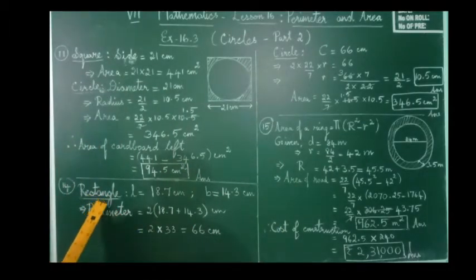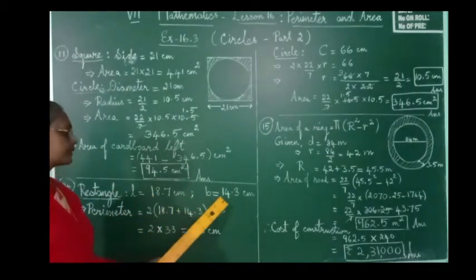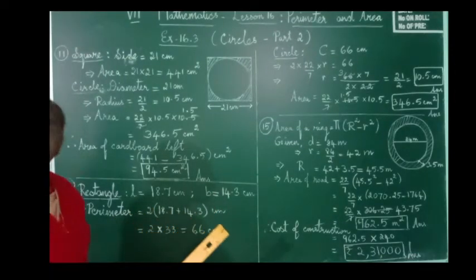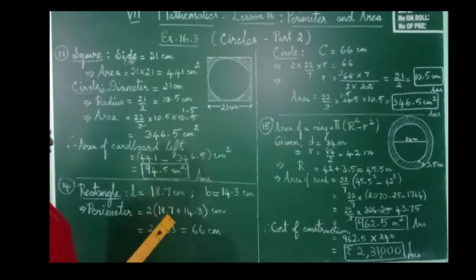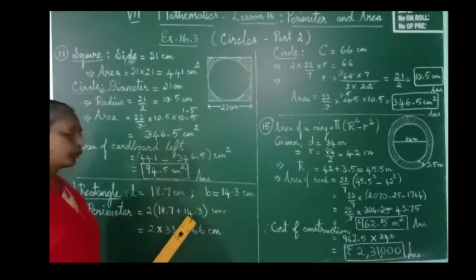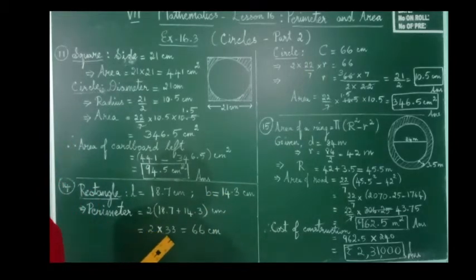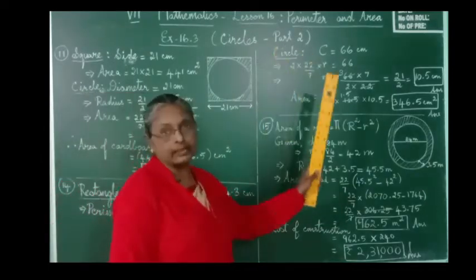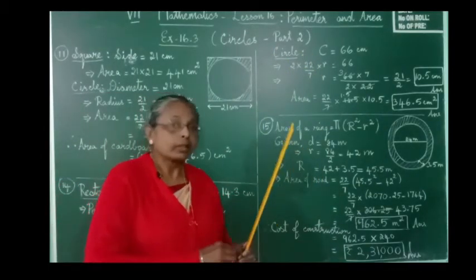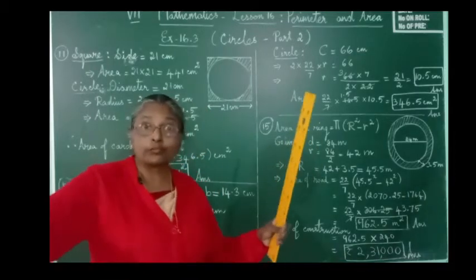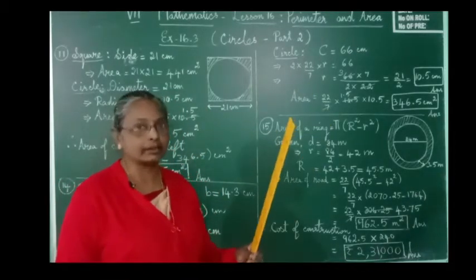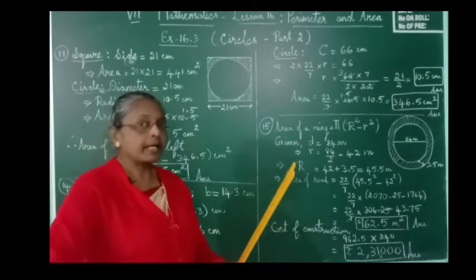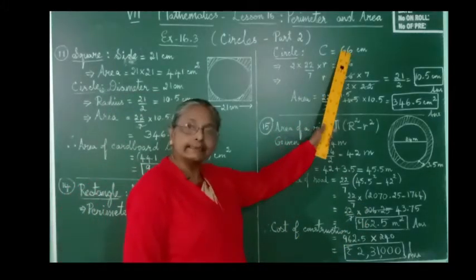So first we will take up the rectangle. Length is 18.7 centimeter, breadth is 14.3 centimeters. So perimeter is 2 into L plus B, as we know already. 2 into length 18.7 plus breadth 14.3 centimeters, which is 2 into 33, that gives 66 centimeters. And we come to the circle, the same wire only. Now if we take the perimeter, that means the length of the wire, the whole wire is 66 centimeters. So the perimeter, that means the circumference of the circle, which is again formed, that will be 66 centimeters.